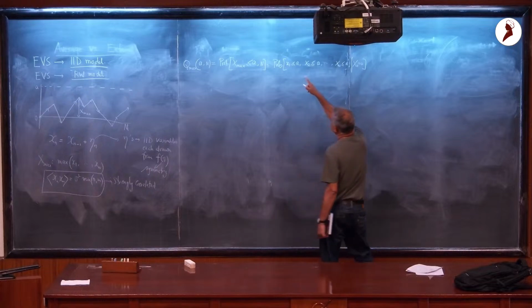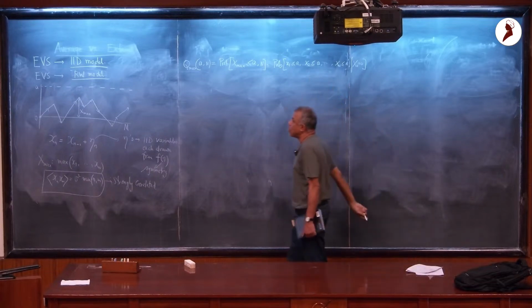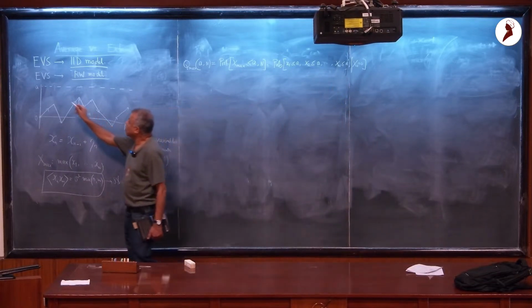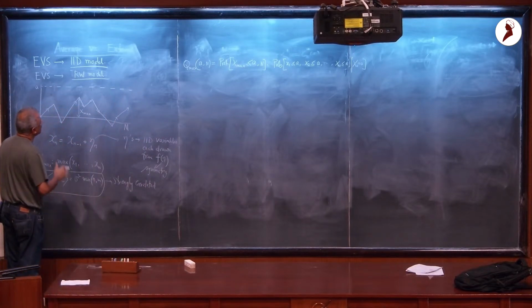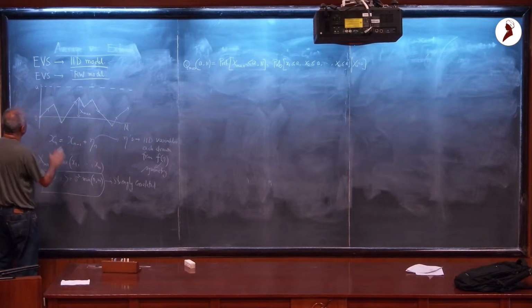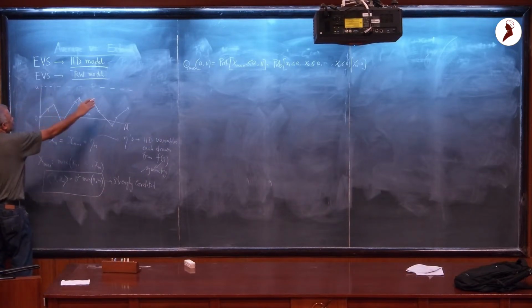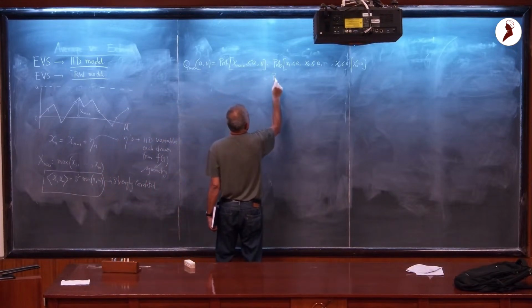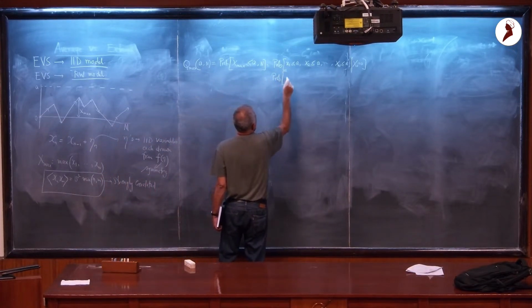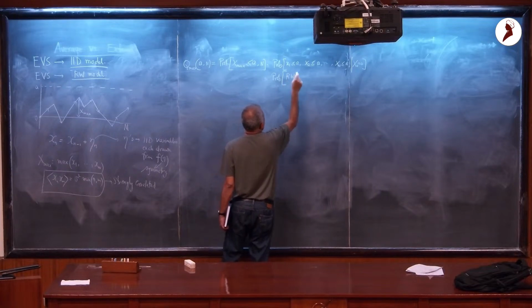So what is this event? This is the event that this random walker stays below the level A up to step n. Okay, so this is the survival probability. What's the probability that it does not cross the level? So this is the probability that the random walk trajectory